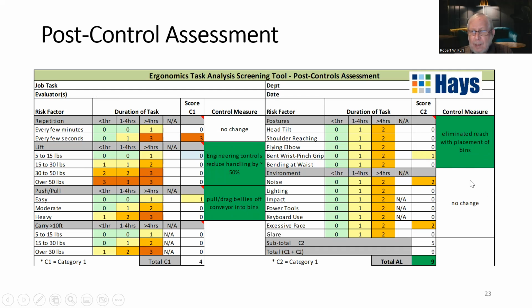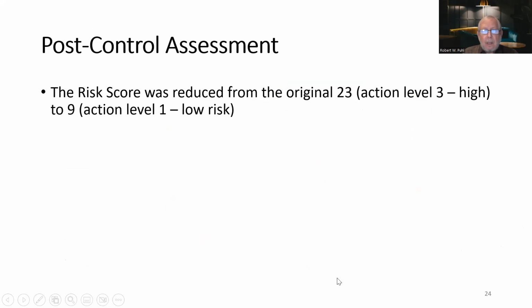So noise didn't change, pace didn't change. The lighting was not a factor, evidently, though they said it was. But there was no change there. So they took this from a 14 down to a 5. 5 and 4 is 9. Now your total is 9, and you know what 9 is. It was action level 1, low risk. So that was a pretty good